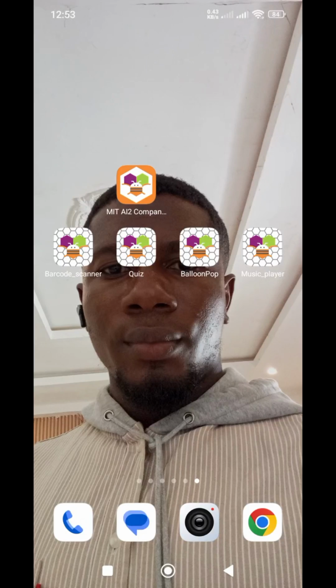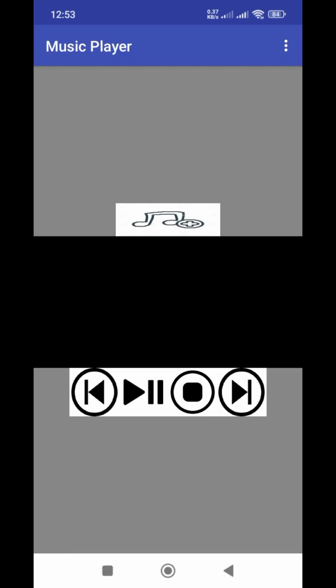Okay, so today we are going to be creating another very amazing app called a music player. Hang on with me as I show you through how the app works before we go into creating a new one. So the first thing we are required to do is to load all the songs we want to play